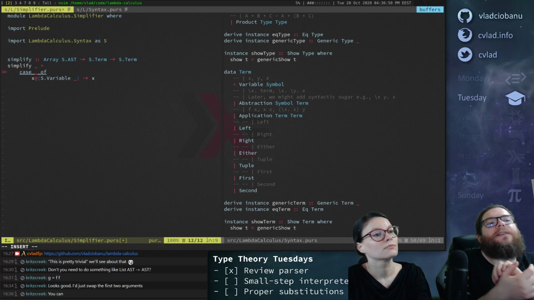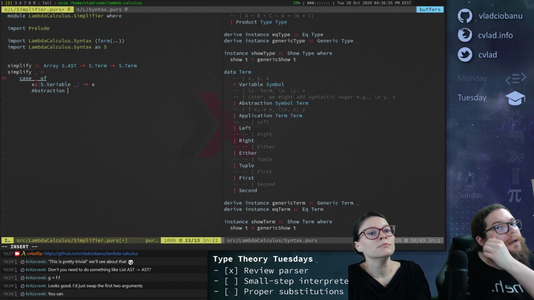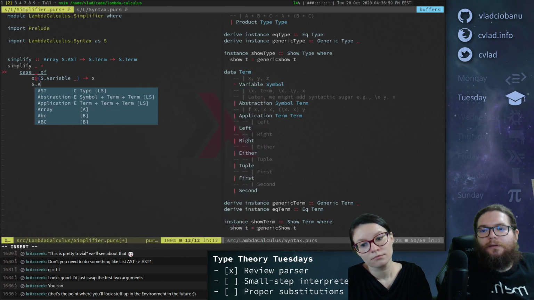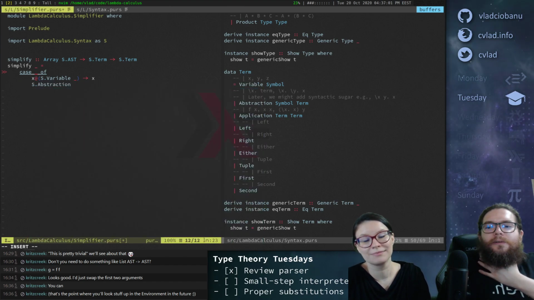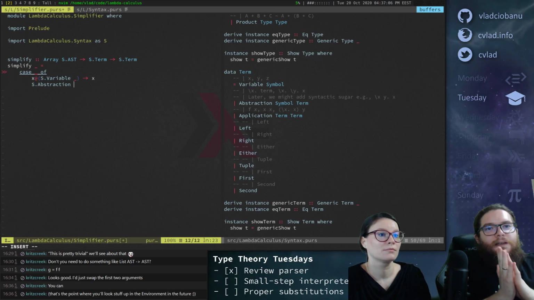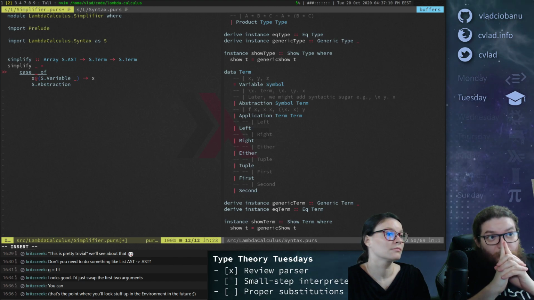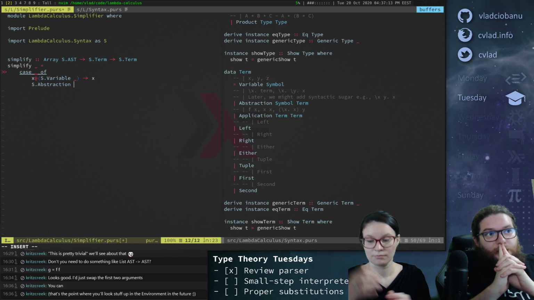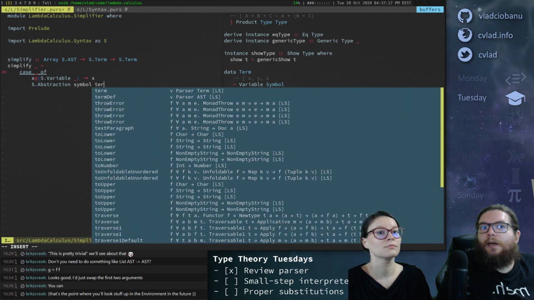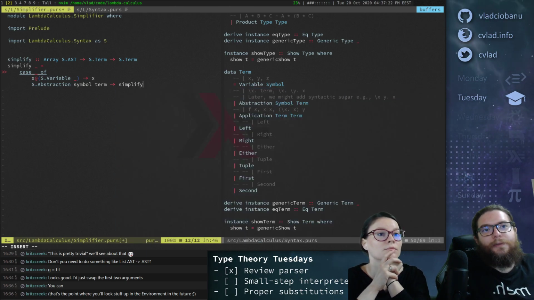Okay, so what do we do if we have an abstraction? That's the point where you look stuff up in the environment in the future. If we have an abstraction, then we have a symbol and a subterm, right? So most likely you want to simplify the subterm.